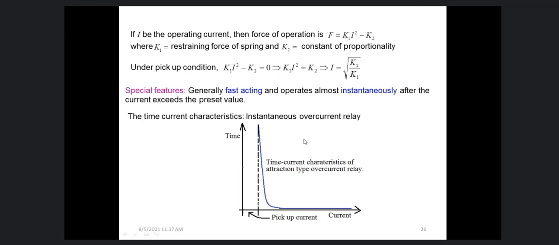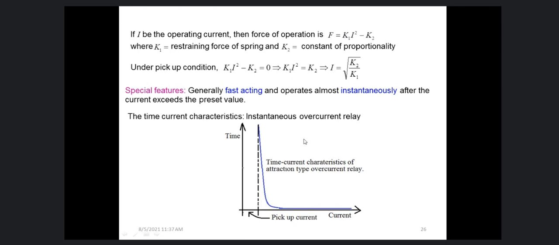The first example where we can use it instantaneously is the single line to ground fault at the generator side. In a generator, we shall not wait for anything when there is a single line to ground fault. It is because a very huge current will flow through the generator and it may badly affect the generator. So we should disconnect the generator from the circuit. In that single line to ground fault, actually called earth fault in a generator, we may use this instantaneous type of overcurrent relay. So the armature type overcurrent relay may be used for that application.